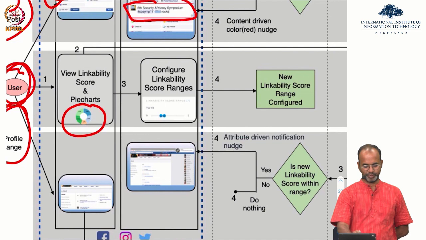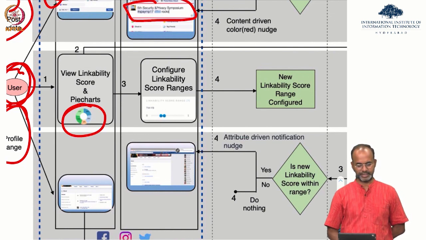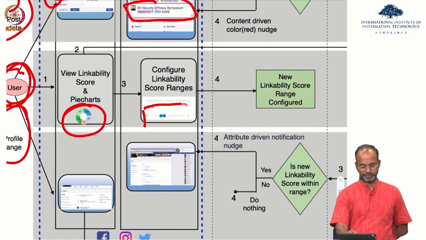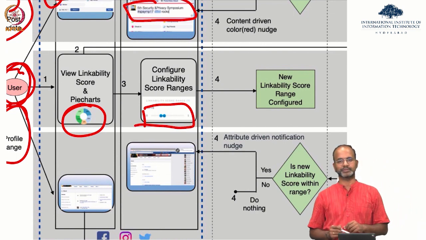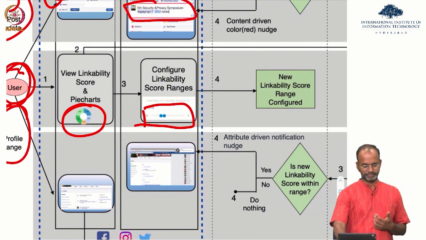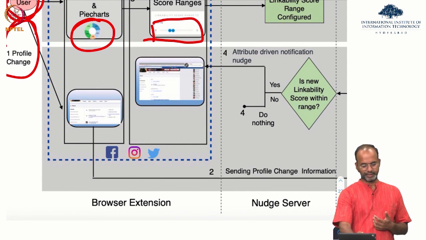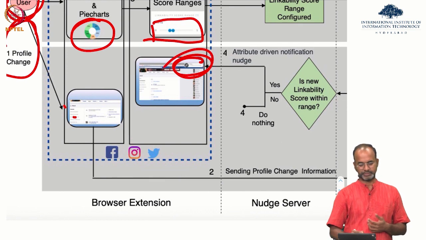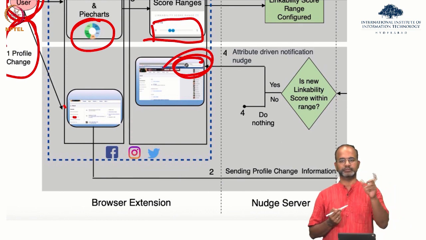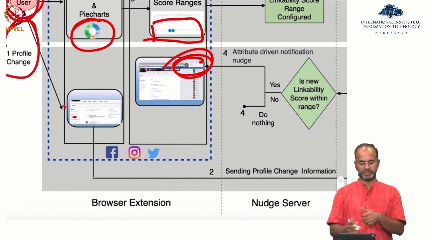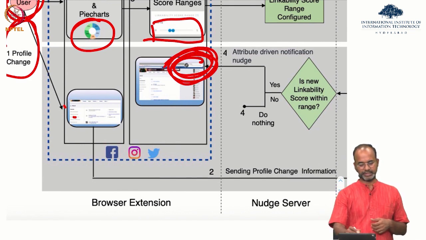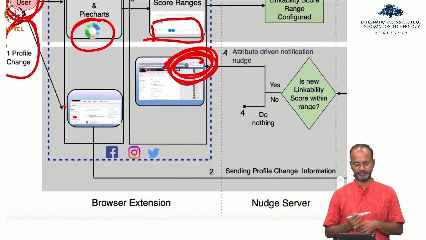Right. So this is the dashboard that I showed you. The user can get access to the dashboard, and using the dashboard they can also see the 0.74, 0.24 values in the browser, so they can make a choice about how linkable the profile is. Then the profile image is being changed, the profile is being changed, and here there is information about the Hyderabad Delhi example that I gave. Somebody is changing profile information from Delhi to Hyderabad. You nudge the user, saying, look, this can actually increase the linkability.